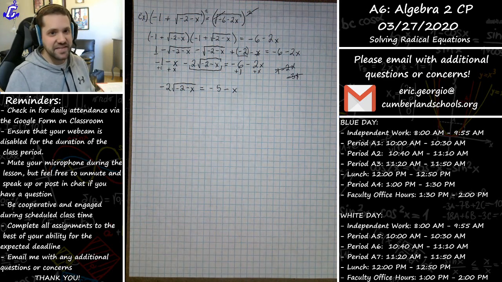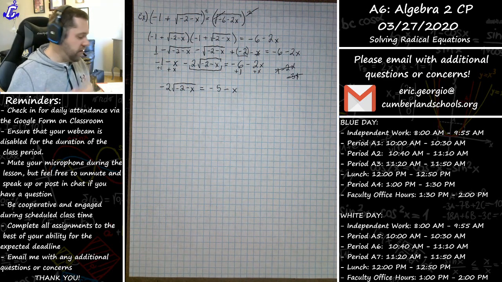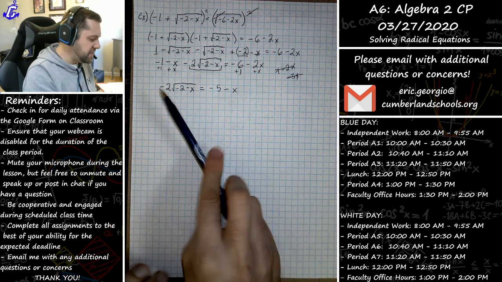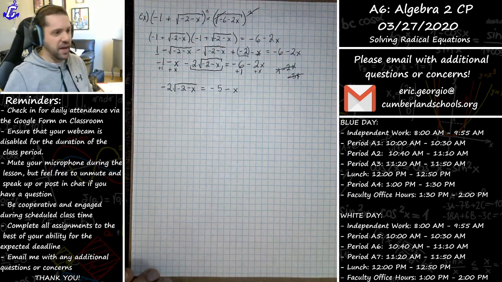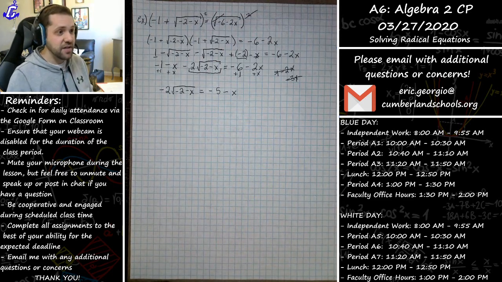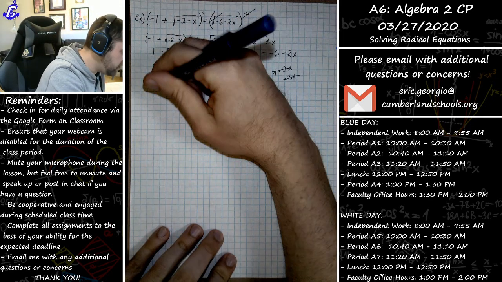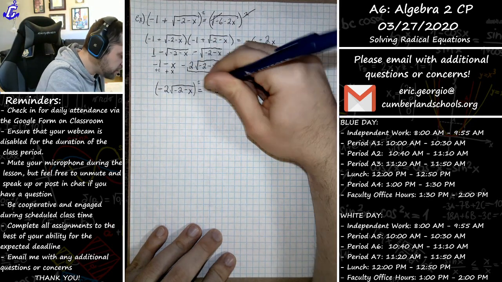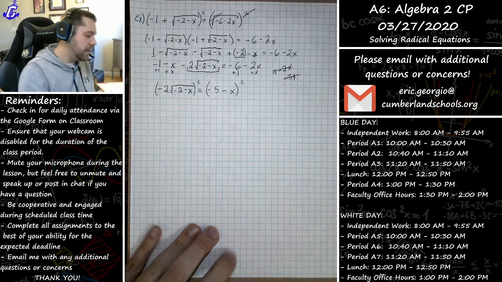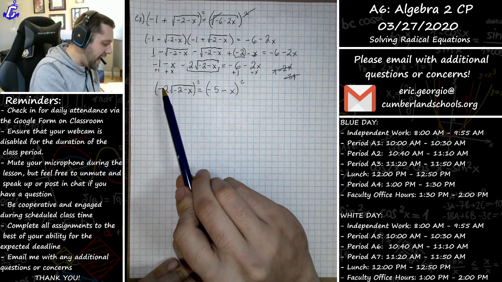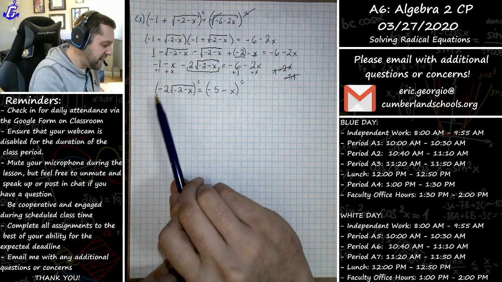Unfortunately, as I kind of hinted at the start of the problem, we don't see any divisibility going on here. If I divided both sides by negative 2, we would end up with fractions. So it's much easier to just leave it alone. We will just have to deal with that coefficient there, but we can do that, no problem. Square it. Square it. Now, you may be wondering, how am I going to square something like negative 2 times